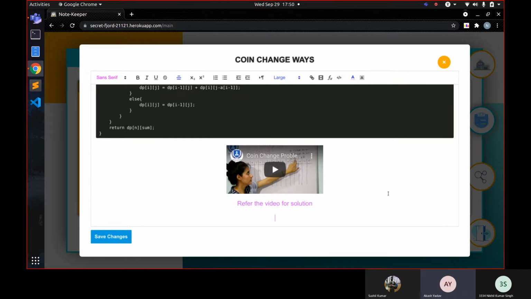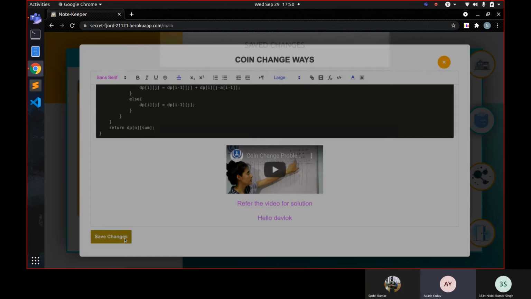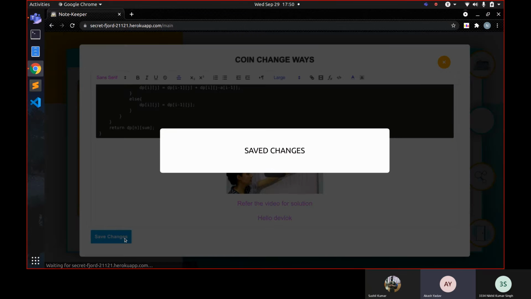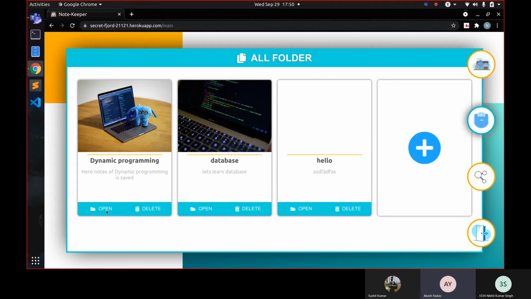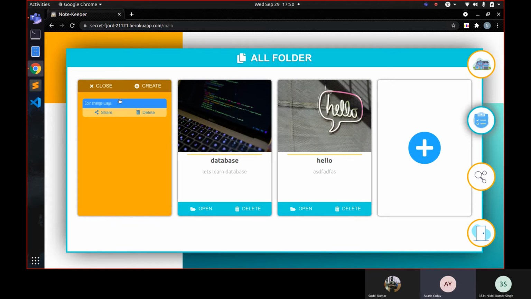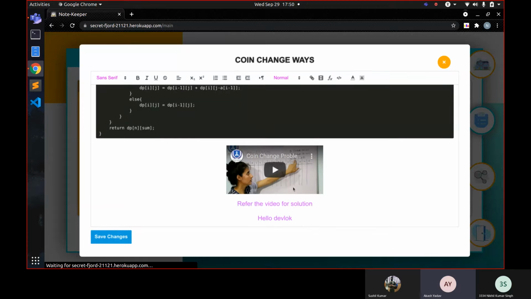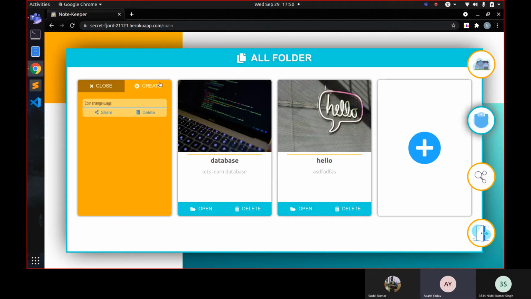And the extra feature that we have provided is that after creating a note, he can also edit that note. Suppose I make the changes, these are the changes which are being made, and save changes. Now when I save changes, it will show an alert with the message saved changes. And now when we open that topic again, you can see that the changes were made. So this is the topic, and now create a new topic.